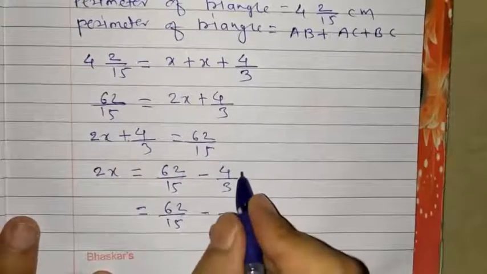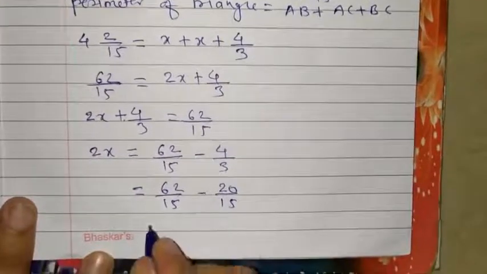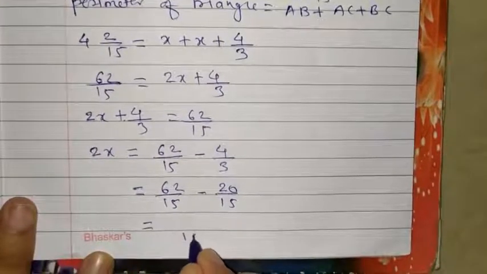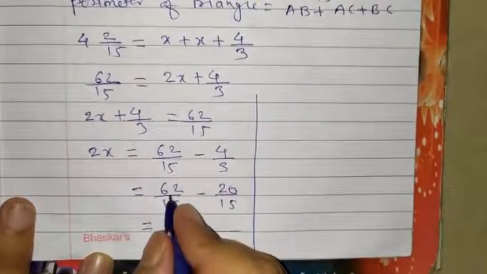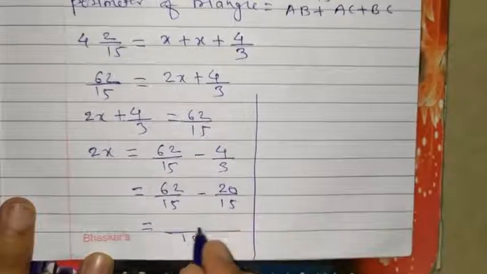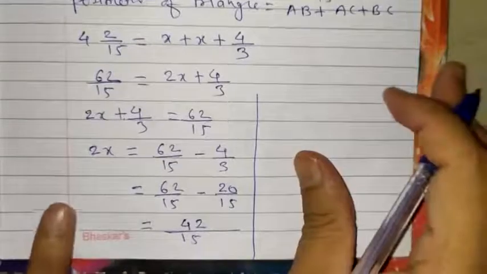So the same number you use upside. So 5 into 4 is 20. Got that? So it means 15 will be as it is downside. Okay. And here 62 minus 20, it is 42. It means finally we got